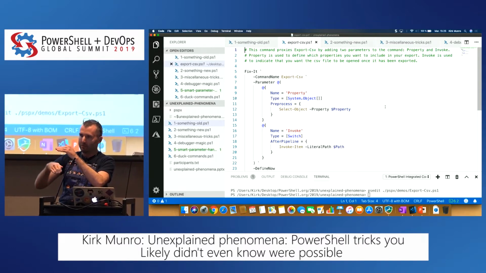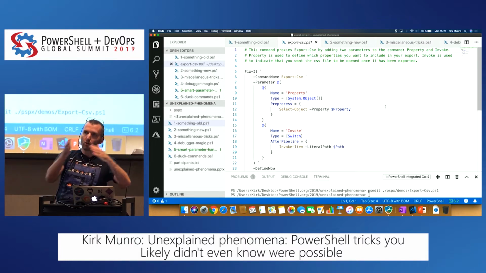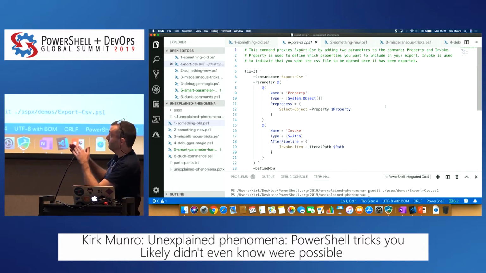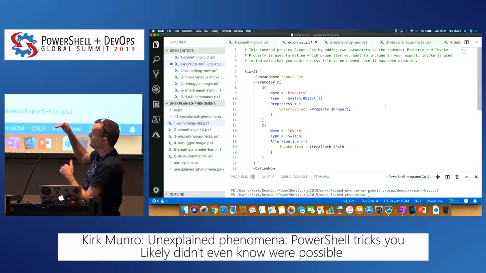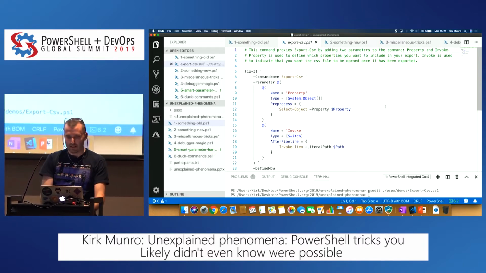I might want to do it before I call my pipeline, after my pipeline's all done, before the stage in the pipeline as I'm passing stuff through, or afterwards. And so there's four different injection points, and that's where I figure these shims out and plug this stuff in to make it work. And so that's neat, and that just creates an advanced function behind the scenes.